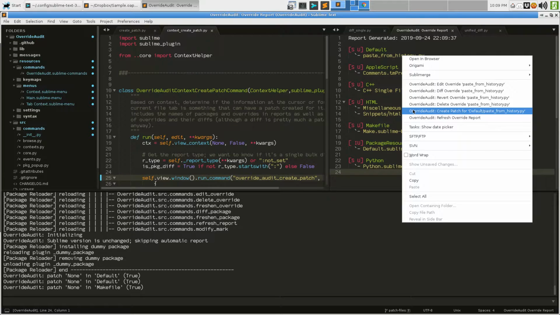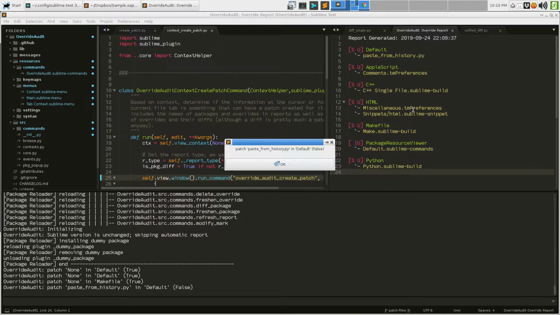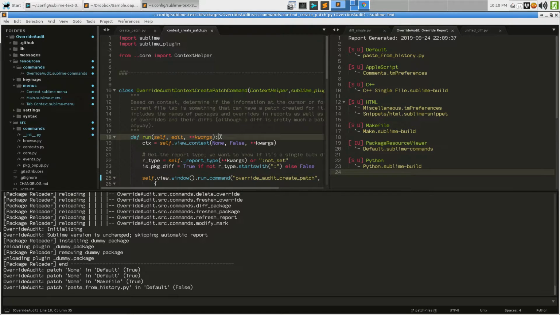Now, this should probably be located in a different locale, but nevertheless, create patch for default slash paste from history. I guess in this case, we don't want the name of the package. We want because we're not doing it anywhere else. So that's something that we can easily fix. If I pick it, it's patching paste from history in default, and it's not a package only. So we want just that one thing. Let's go ahead and